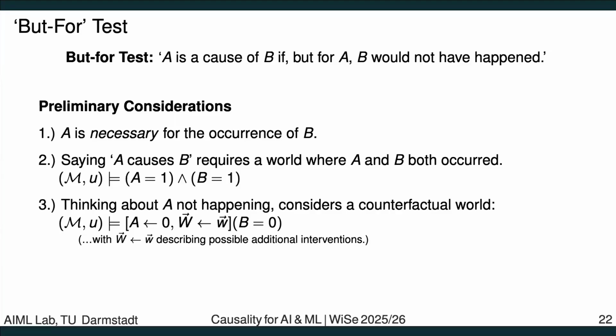And then if we think about this sort of statement, we have some insights. Of course, A is necessary for the occurrence of B, otherwise all this reasoning wouldn't make any sense. Then in terms of what sort of configurations of U we want to look at, it's exactly those ones where the statement holds true, so where from some exogenous configuration, we observe A and B to be true.